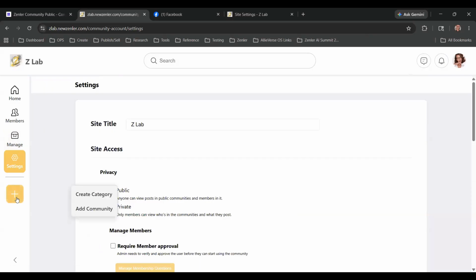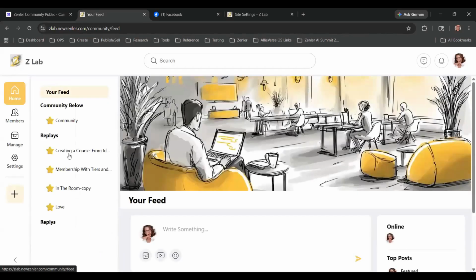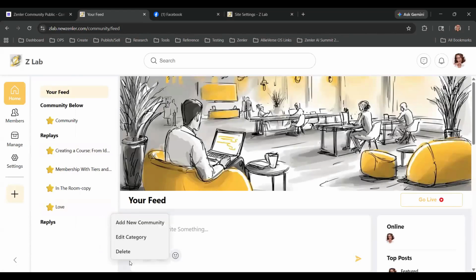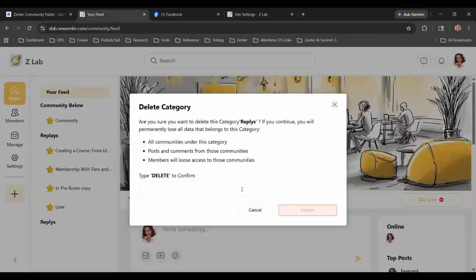Let's see. What if I add? I want to delete the category because I feel like if I can do that, it gets rid of all of the things within the category. Like this one, I can delete because there's nothing in it.